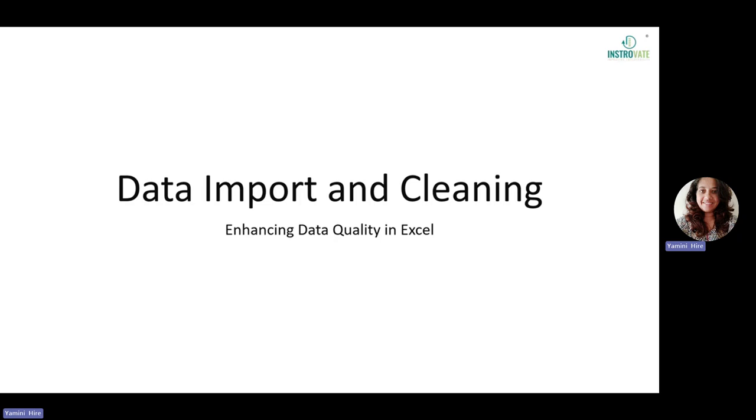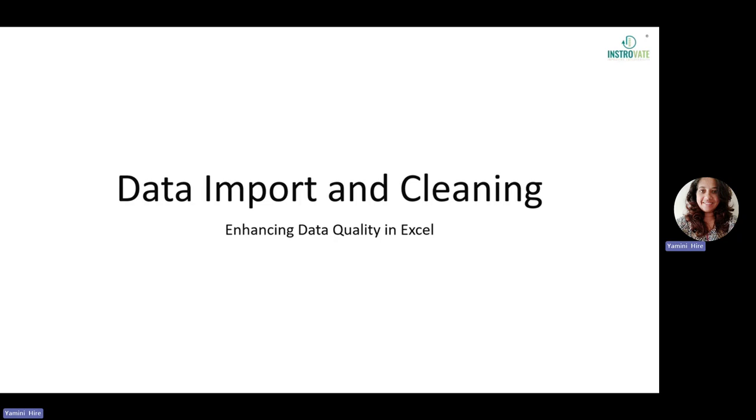We need to maintain the integrity of the data before getting any insight from it. Otherwise, if the quality of the data is not good, then we will not get the correct insights from it, right? So in this module, we are going to discuss importing data and data cleaning